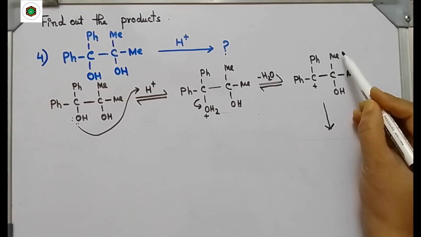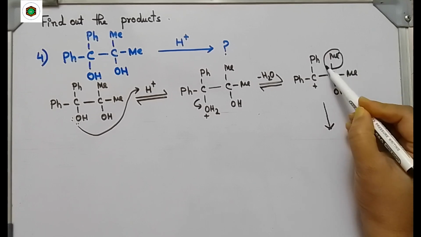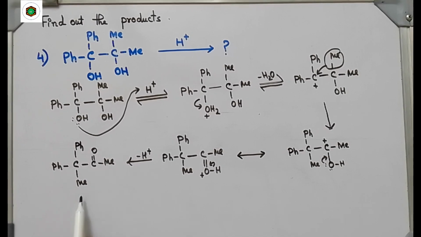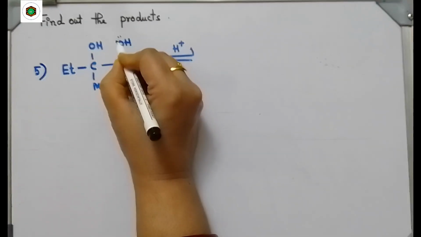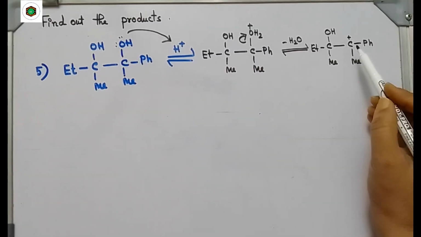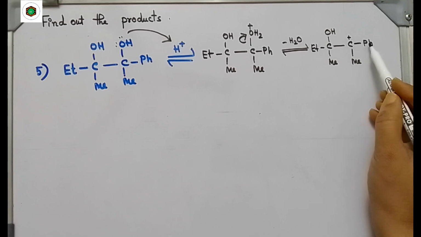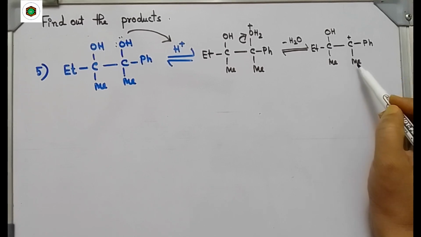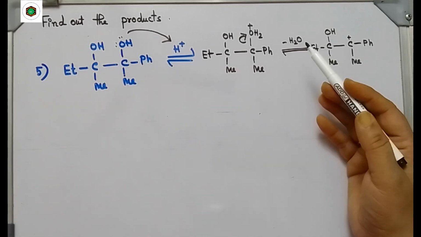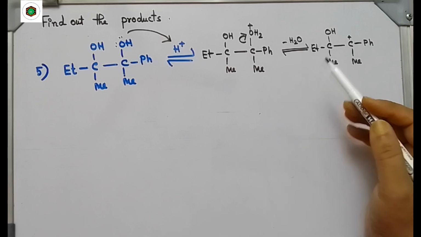Here migration of this methyl group with its bonding electron takes place. Then by removal of H plus we will get this ketone. For this example, this OH will be protonated because after removal of water we will get this carbocation, which is stabilized by resonance with the benzene ring and also by the inductive effect and hyperconjugative effect of this methyl group. If protonation takes place at this OH, then whatever carbocation we get after removal of water is less stable